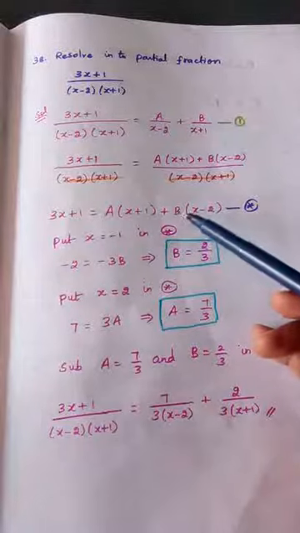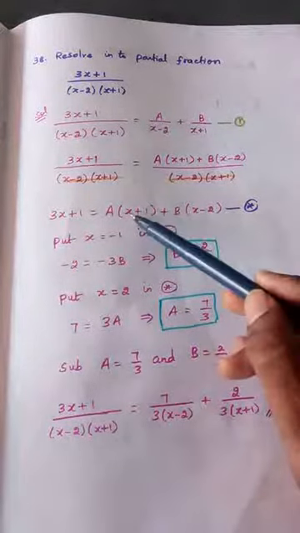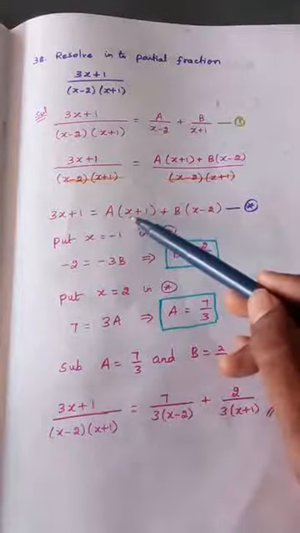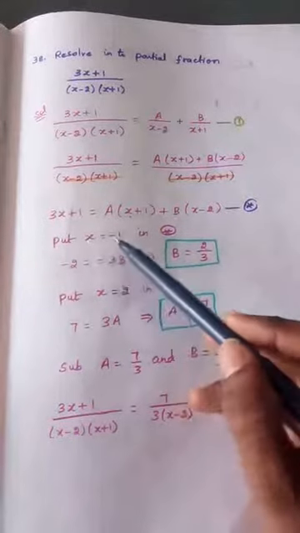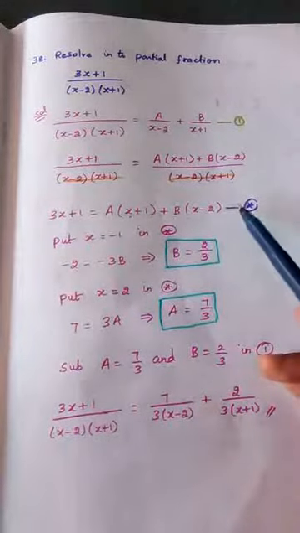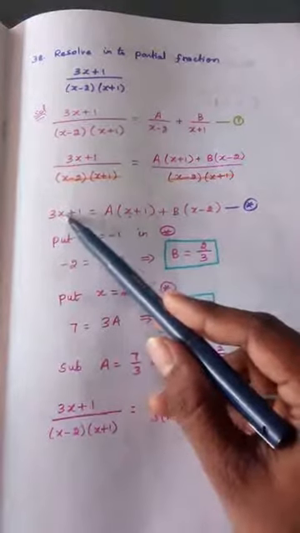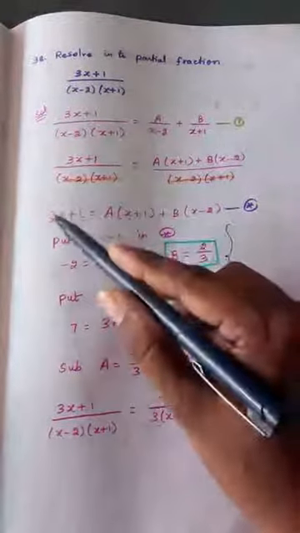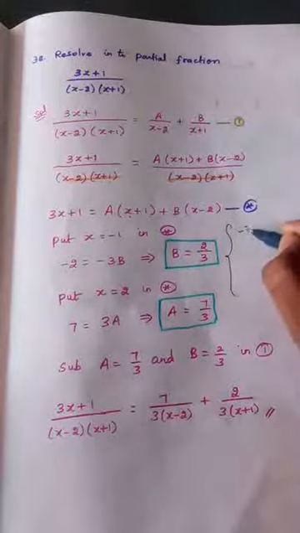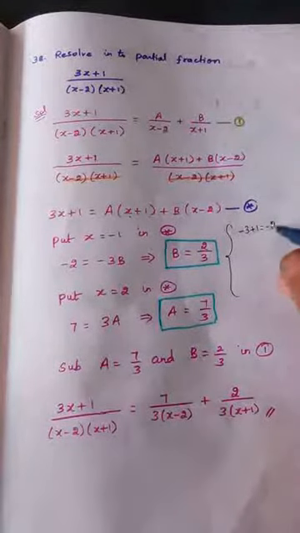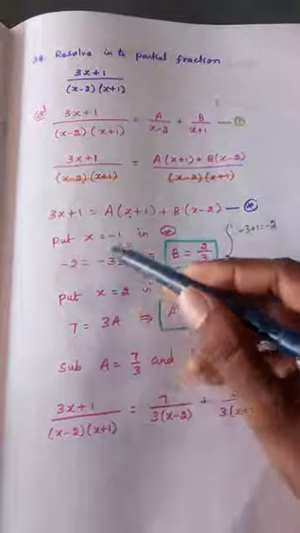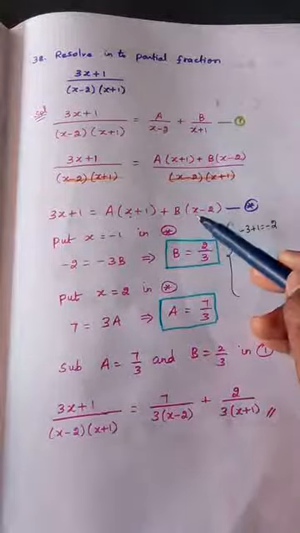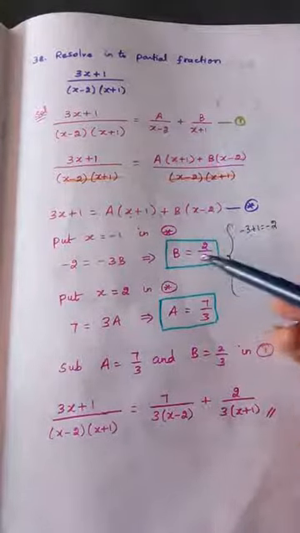So if I want to find b, I should make this term 0. So how to make this 0? Here plus 1 is there. So I should put x is equal to minus 1. So that is my first step. Put x equal to minus 1 in this equation star. If I put minus 1 here, what will happen? 3 into minus 1, right? In the rough column I will do 3 into minus 1. It will become minus 3, then plus 1, which is equal to minus 2. That is written here, equal to, if I use minus 1, this will become 0. Minus 1, if you put here, minus 3 will come, so minus 3b. From that b value we are getting.